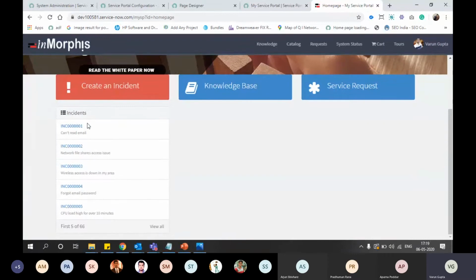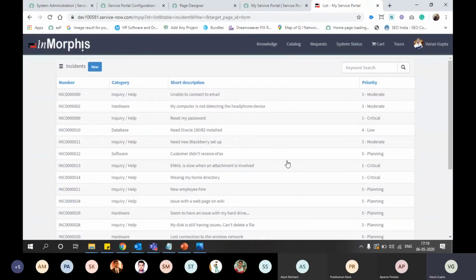So these are the entries, and the first one, highlighted in blue, is our primary field, and below that is the short description, that is the secondary field. If I click on view all, it will redirect to the list page. Here we can have all the list.